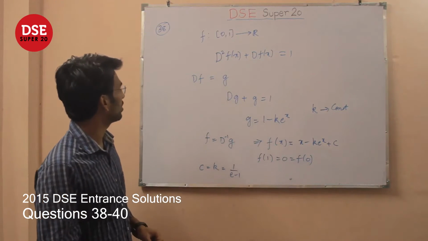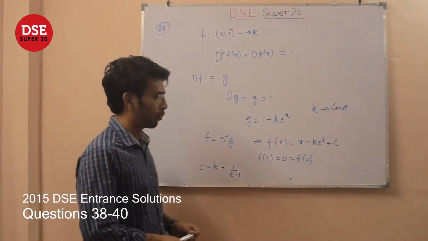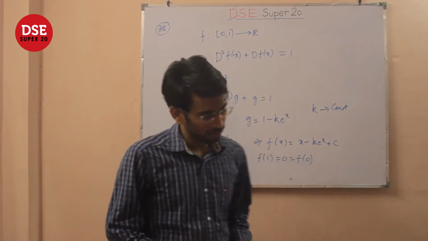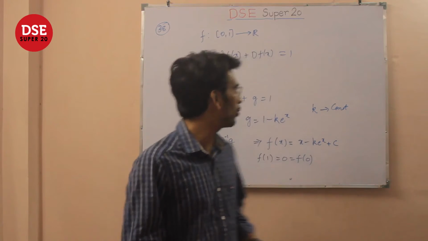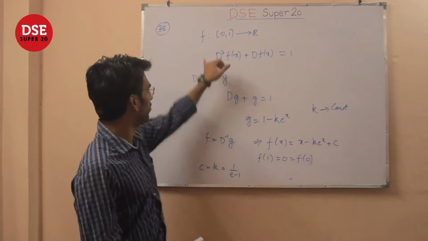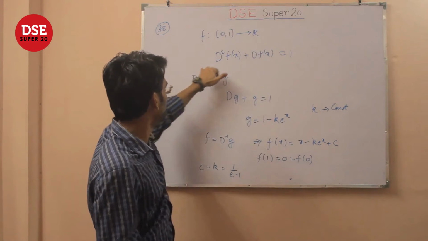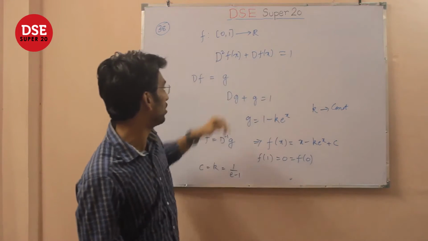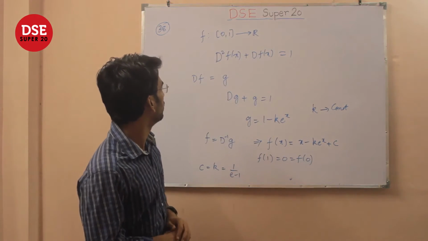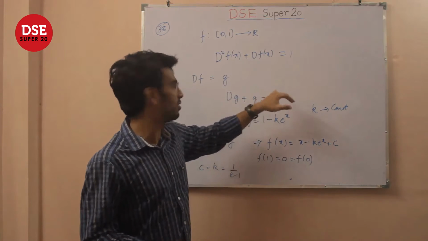Okay, now let's come to question 38. This is a question from the differential equations. It's a pretty simple question. We are given the function f, which is from [0, 1] to the real numbers, and this is the differential equation. This is a second order differential equation, and all we can do here is, if you look at